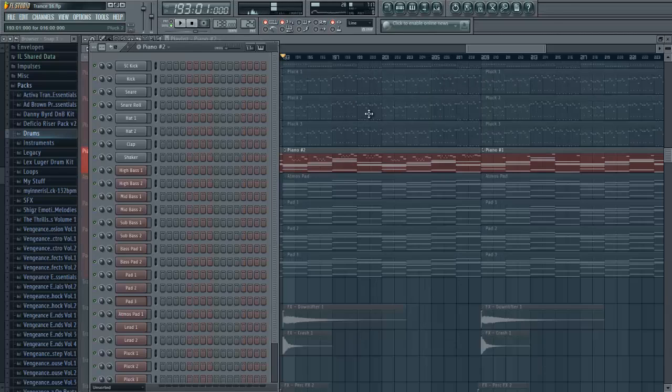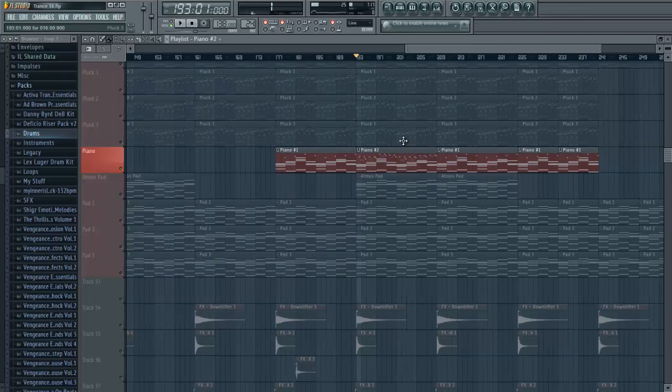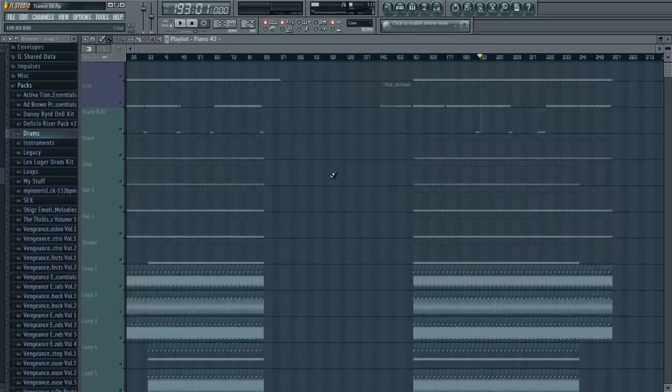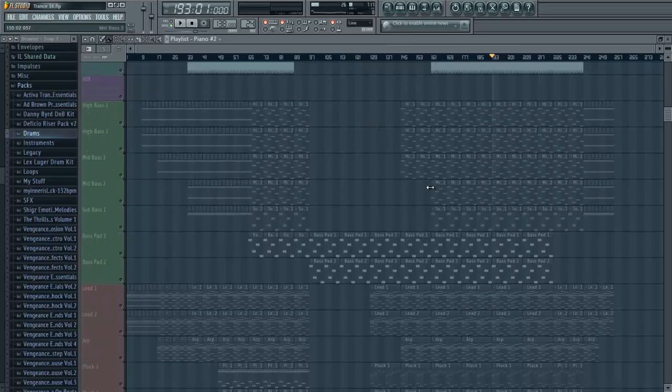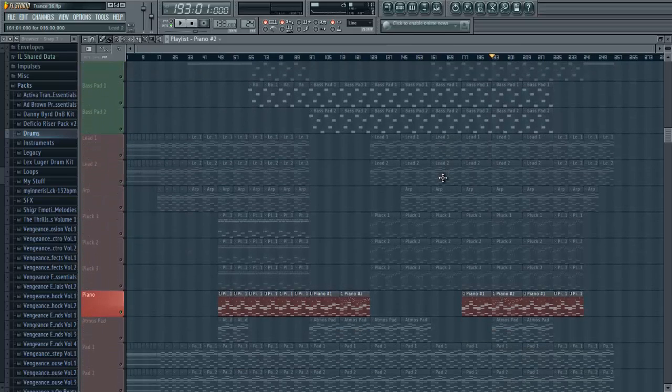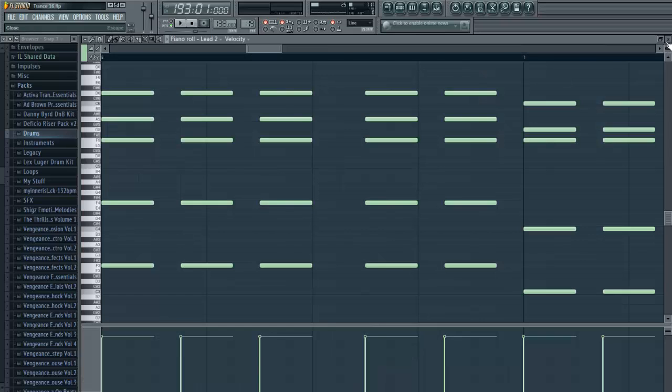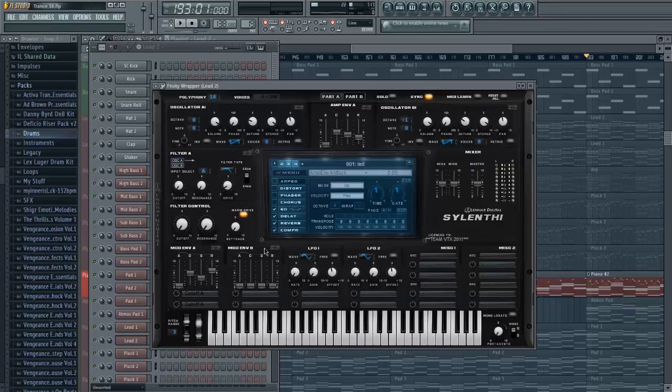So yeah, that's the piano. I've covered the pads, piano, the pluck, the lead, pretty much everything. It's pretty crazy, faster than I thought. I'm not gonna give all of my sound design crap away, but